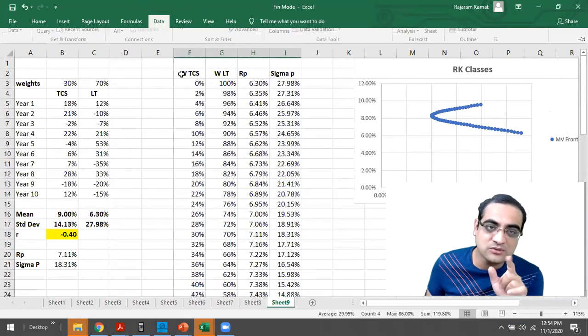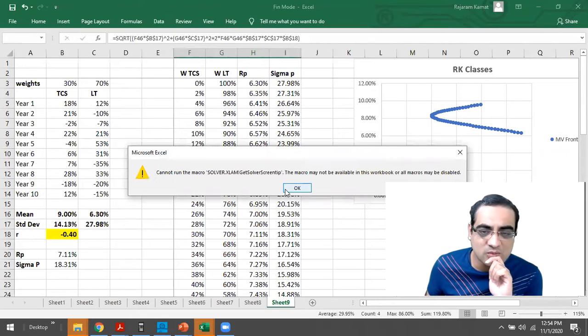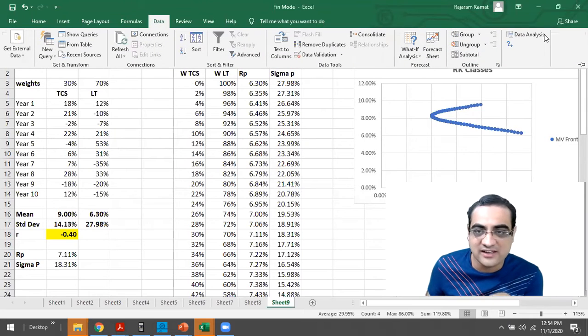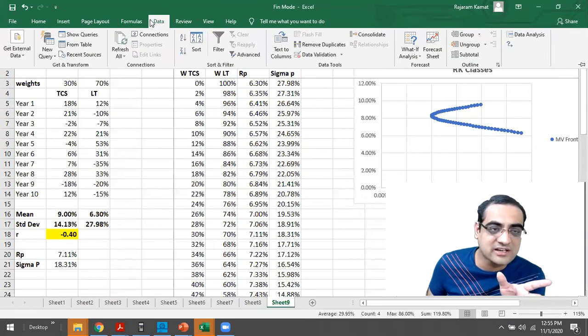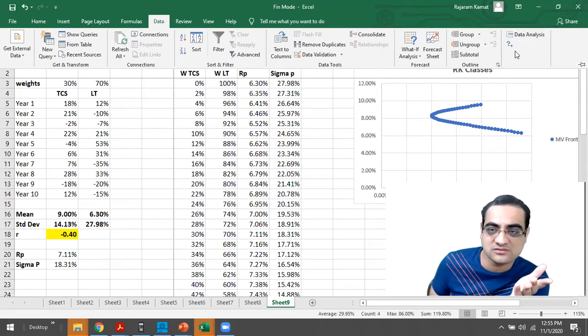So I had told you to install the solver. So I don't know why, there is some macro issue with the solver. So I can't see the solver actually. This is data, analysis, and below that the solver is not visible. I had installed the solver, but I don't know why I can't see it. There was some Excel issue, some problem coming. So I can't demonstrate right now how I can do it with the help of solver. I'll do that solver part later on because some issue is coming.